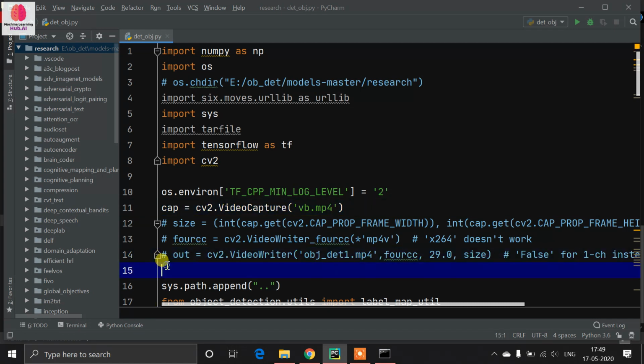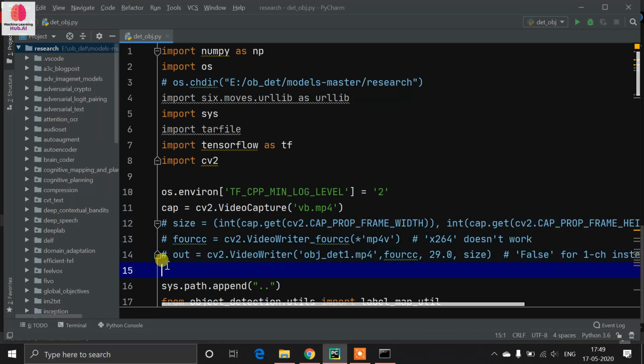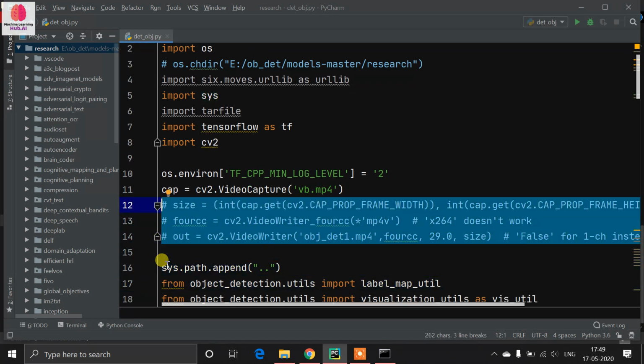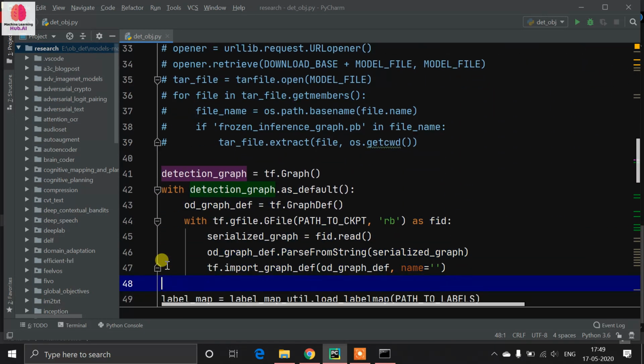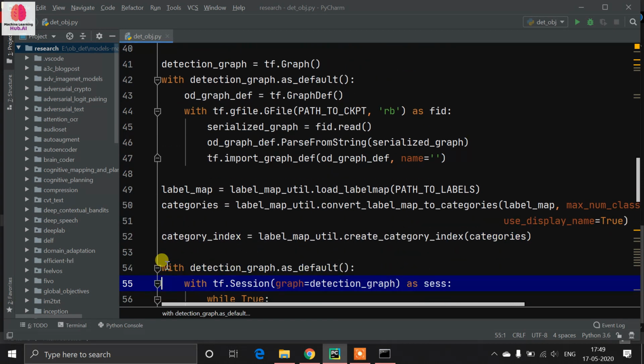Now in your mind one question will arise, what is this code? I want to write my output video to some mp4 file. So this is the code, which I have here in comment. Uncomment this code, but I don't want to write my video once again because I already did this.